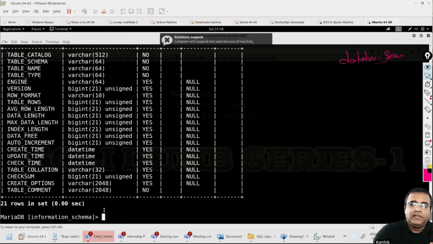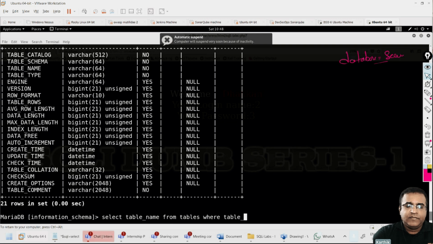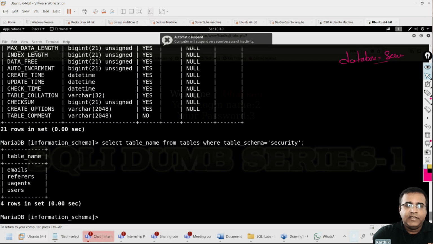So if I give select table underscore name from tables where table underscore schema equals security, and I give semicolon here, press enter. You could see here, now I got all the 4 tables that are there in my database. So this is the process of getting that.